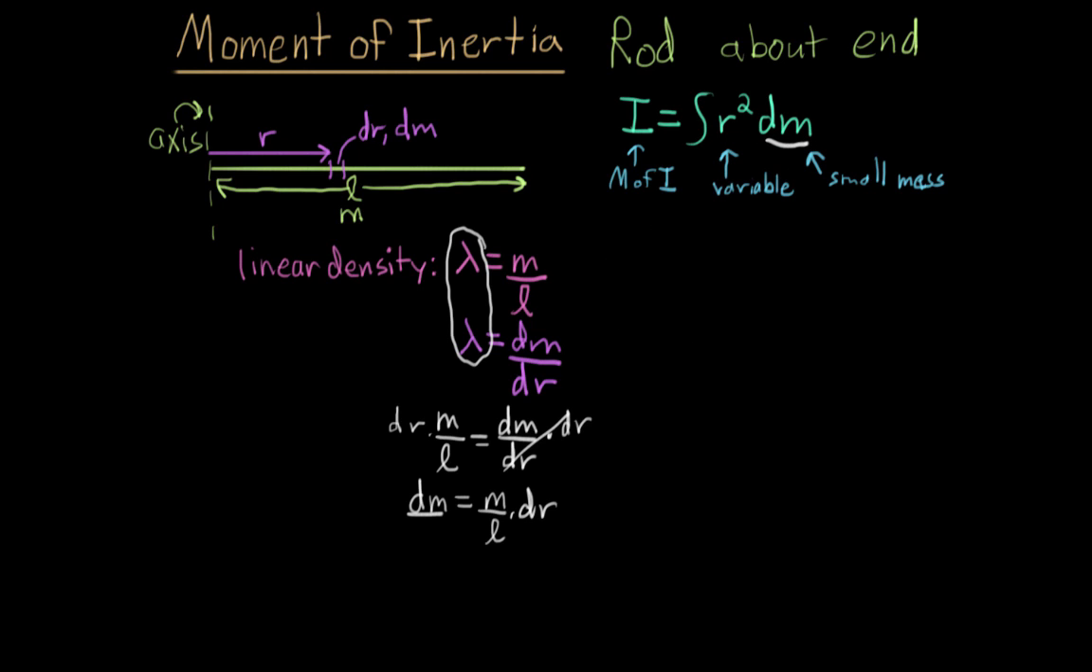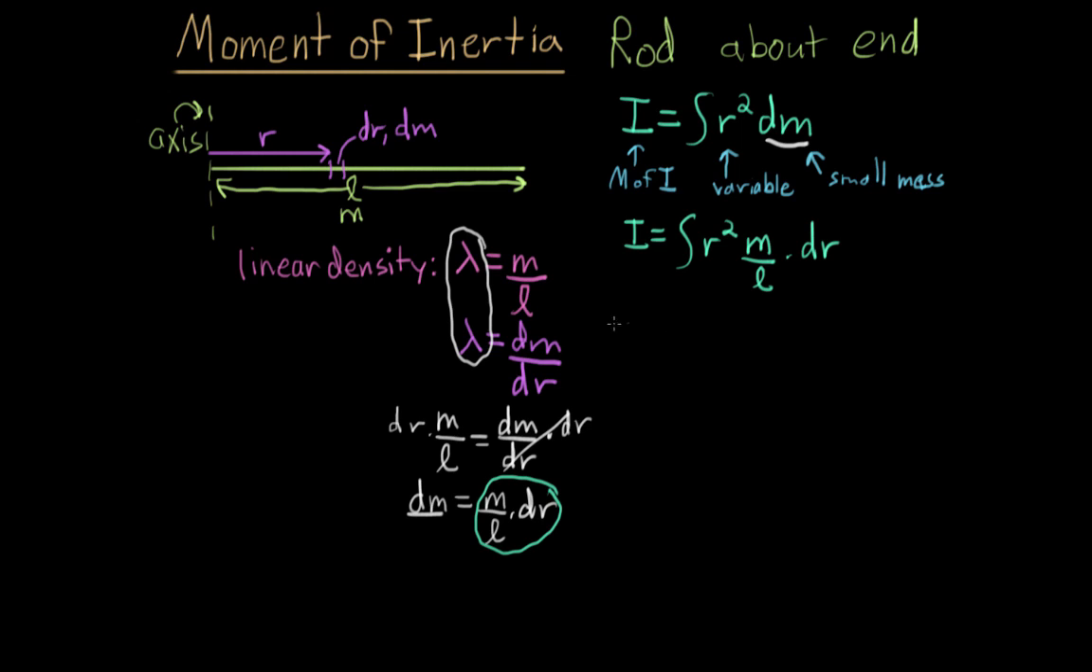And what I'm going to do with that is I'm going to say the moment of inertia, I, is equal to the integral of r squared, and instead of writing dm, I'm going to substitute in this equivalent expression that I found. So instead of writing dm, I'm going to write m over L times dr. So now I have one integral that is in terms of one variable, r and dr here,